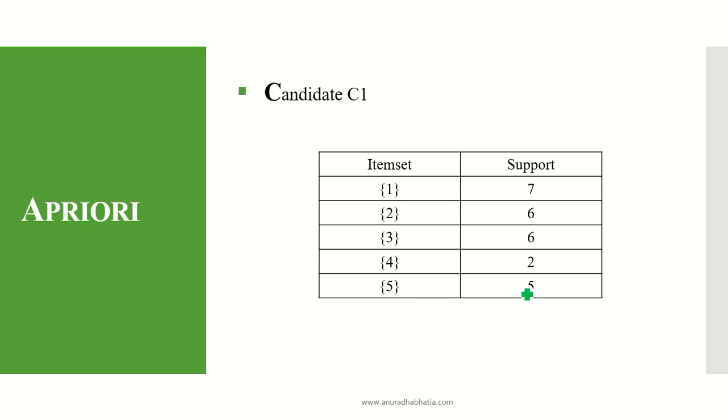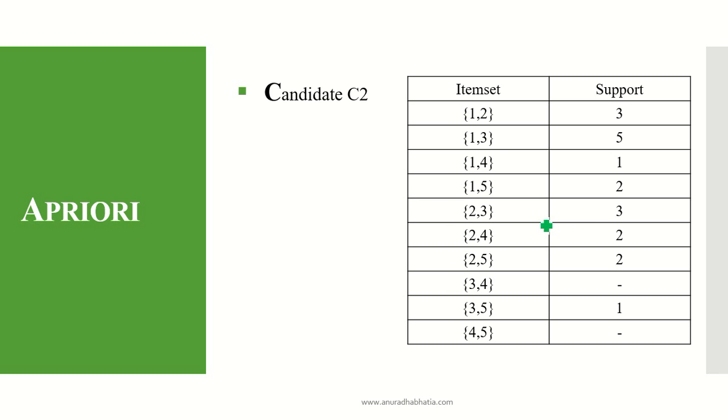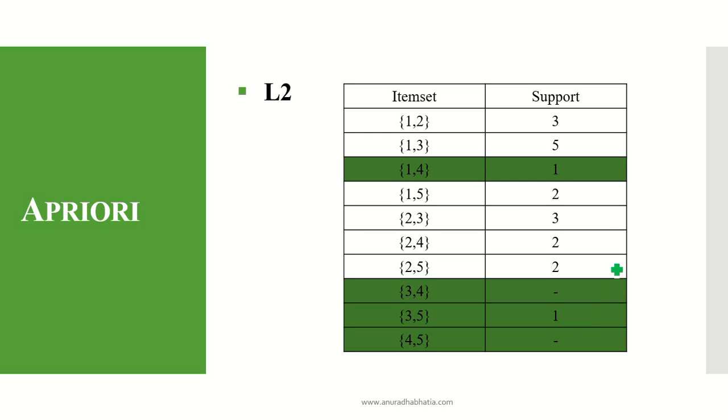The minimum support given to us is 2, so nothing is less than 2. So L1 has this support system, nothing is rejected, so all of them go for the second candidate item set, where the pairs will be formed: 1,2; 1,3; 1,4; 1,5, and its support has to be calculated. This is the support which is given. If you see a dash over here, this means the 3 and 4 pair does not exist in my transaction table, and also 4 and 5.